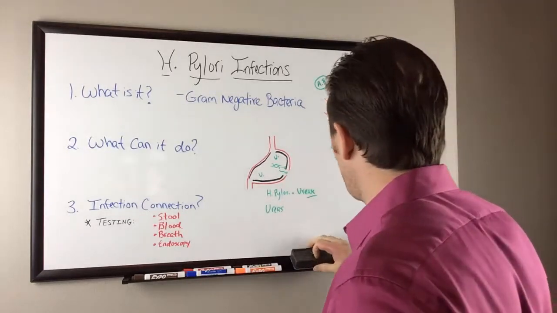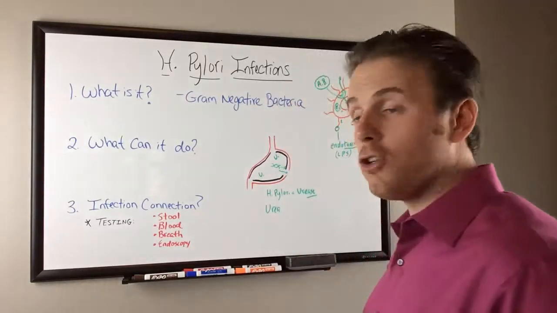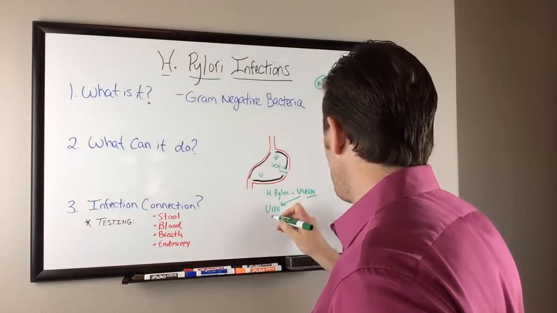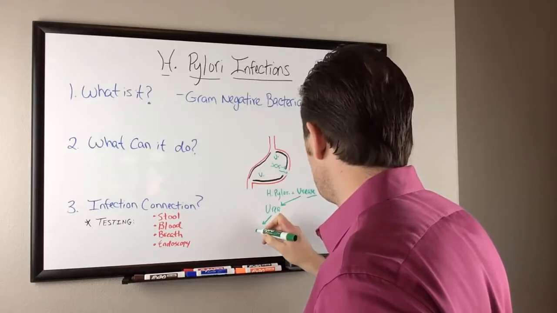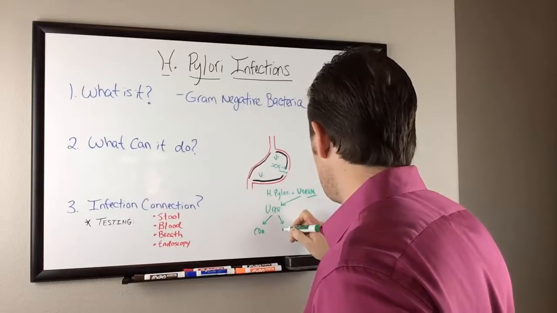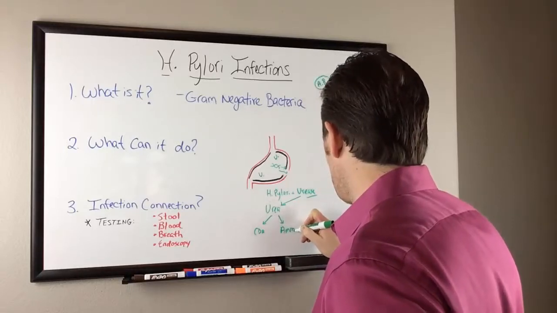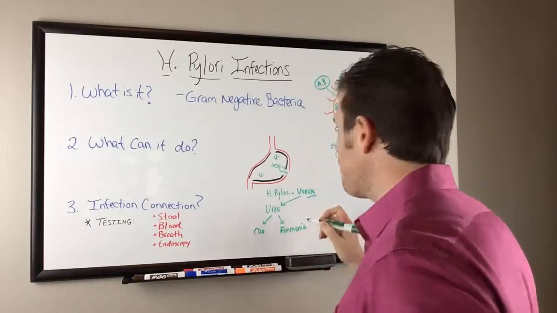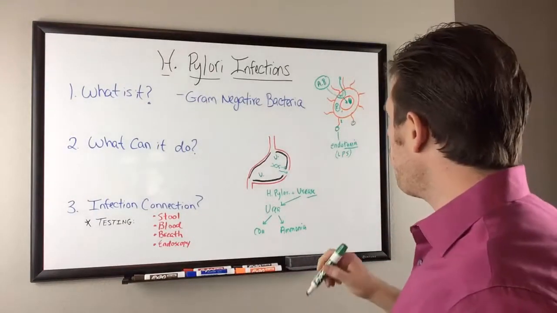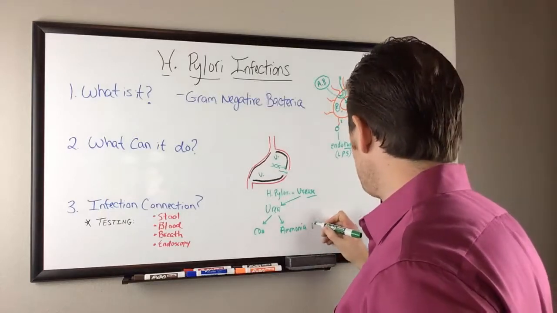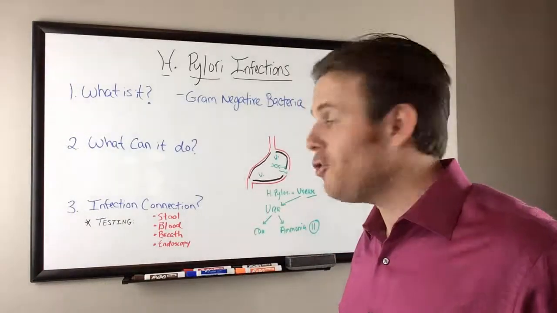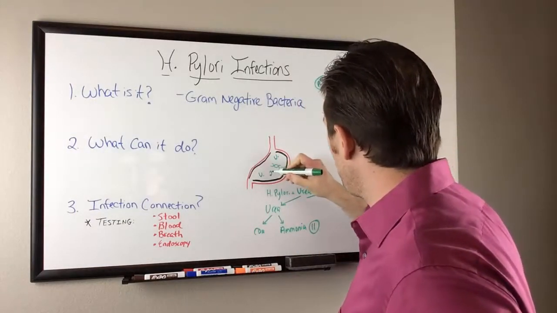And what happens with urea, when urea gets hit by urease, it breaks urea down. So again, we're going to look at urease hitting urea, and then what happens? It gets broken down into CO2, and it gets broken down into ammonia. Now, this is the really important part, because ammonia has a pH of 11. So if we put a whole bunch of ammonia there, that's a pH of 11. The pH of the stomach needs to be around 2. So we have a pH here around 2,